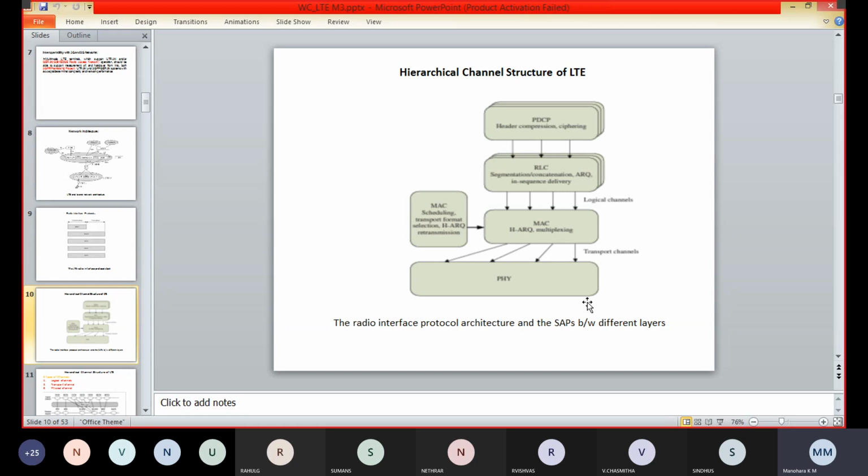So here, unlike UTRA and HSPA, LTE is based entirely on shared and broadcast channels, with no dedicated channels carrying the data to specific user equipments. This improves the efficiency of the radio interface and can support dynamic resource allocation between the different user equipments depending on their traffic or quality of service requirements and their respective channel conditions.